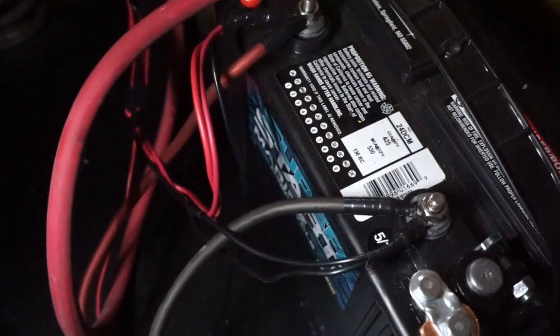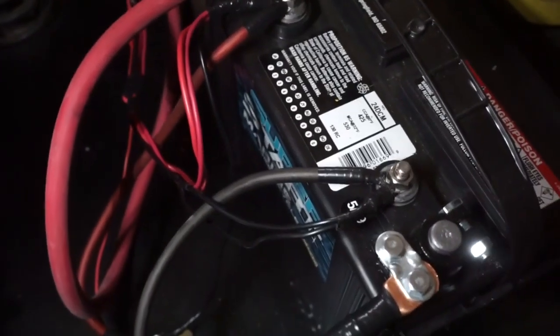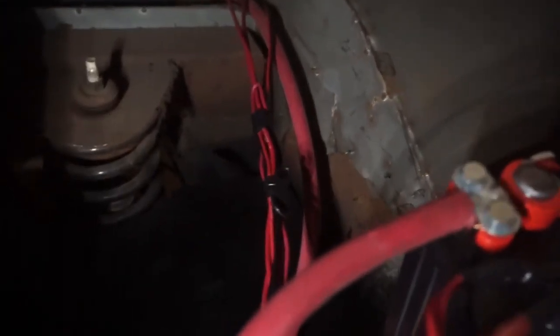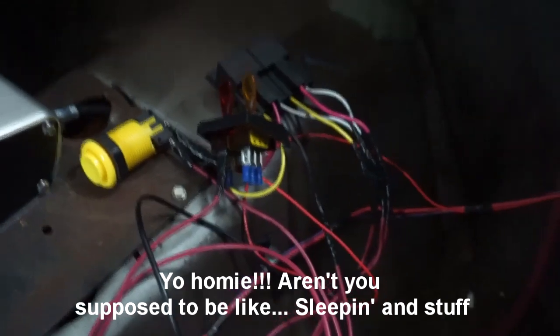There's like a 12 volt constant that I have going to the MicroSquirt, and some grounds coming back for everything. And I did send another power up to the front for the ignition relay. So kind of taped everything together. So that works. And then now I'm going to show you guys